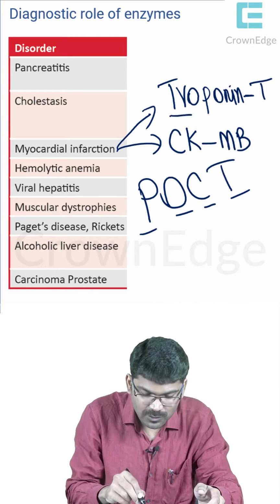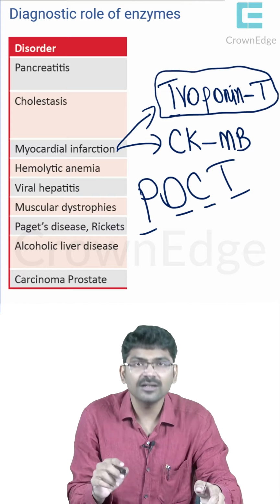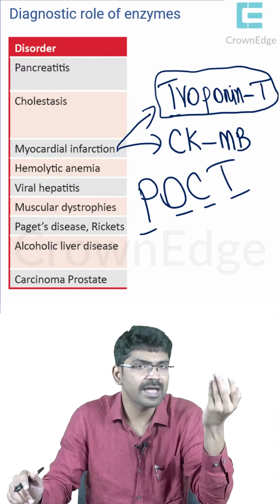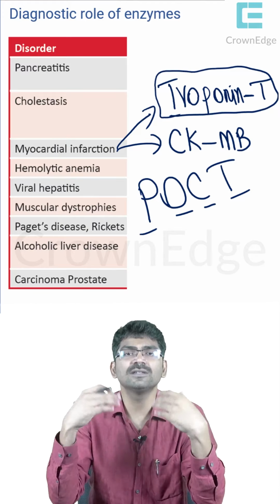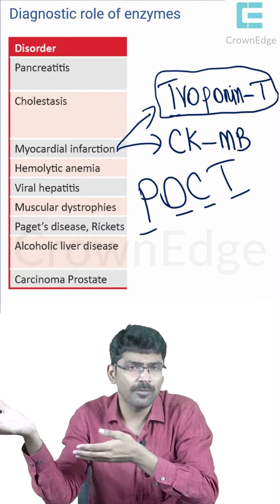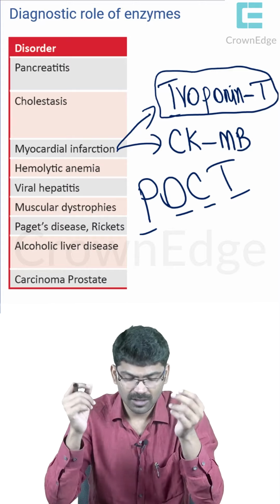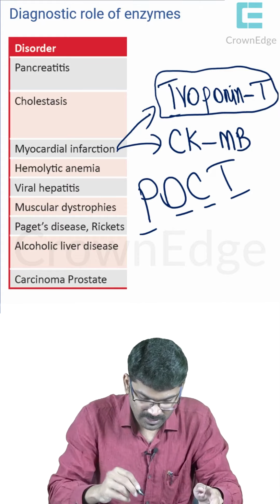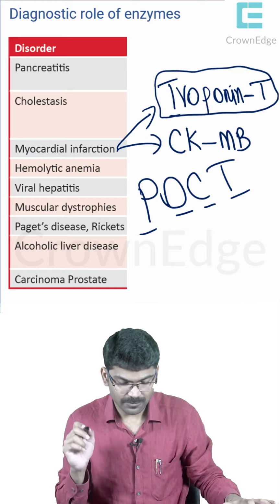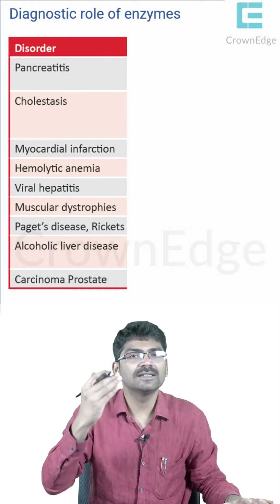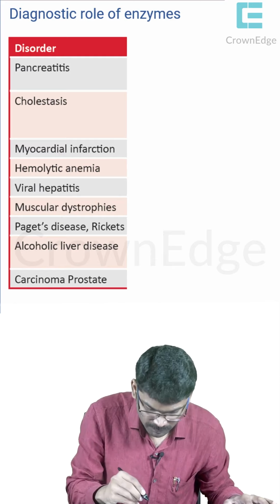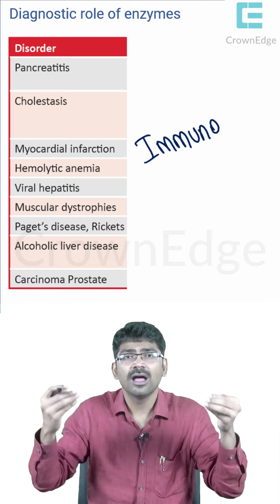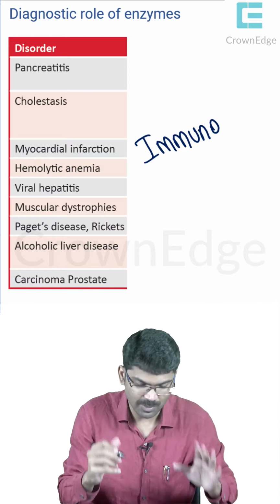For troponin T also, there is a point of care testing device. This is available in emergency wards and casualties, because not everyone is going to get MI, so it's not available over the counter. It will be there in the hospitals. They check immediately, and it gives results immediately. Clear? So what is the basis of this POCT, the urine pregnancy test and the TROP-T assay? Let me tell you, they are all based on immunoassays. They are all based on antigen antibody interaction. Just remember this.